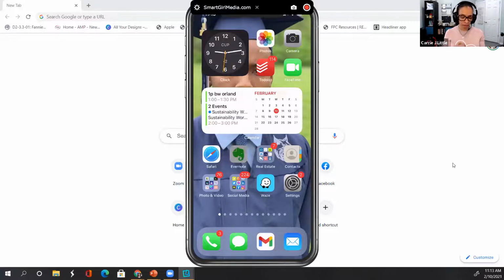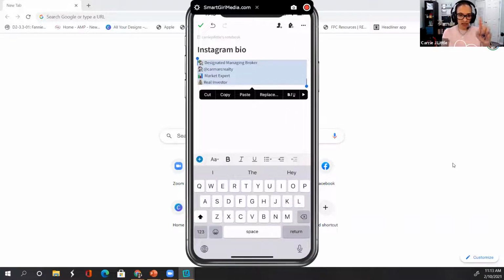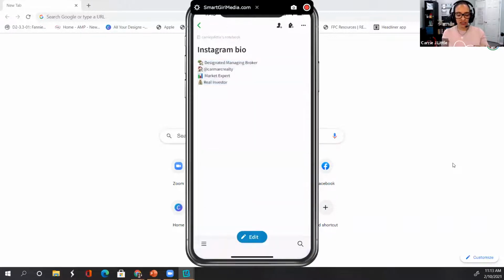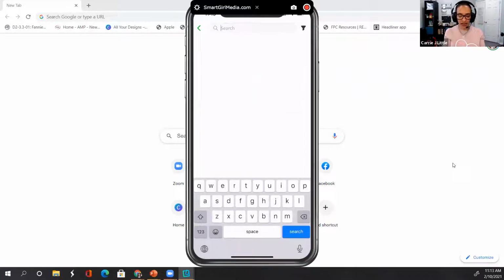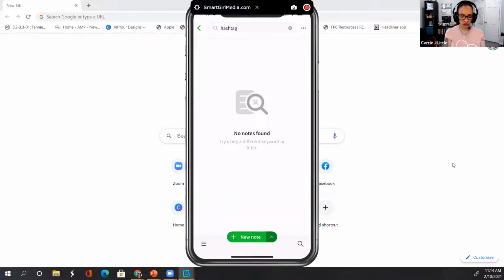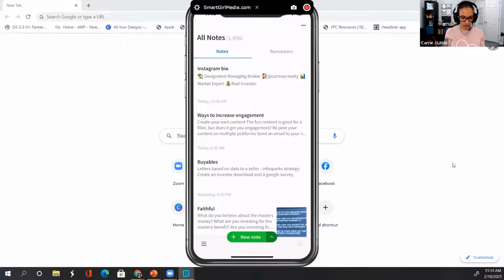So in Evernote, I'll click the checkbox in the top left-hand corner to save this. I create notes with all my hashtags. So every time I post, I don't have to type every hashtag. And I watch my kids do it. They're quick. I'm not quick. So what I've done is if you go down to the bottom right-hand corner and I click the magnifying glass, I can type in hashtag. Come on. Search. Uh-oh. Did I spell it wrong?